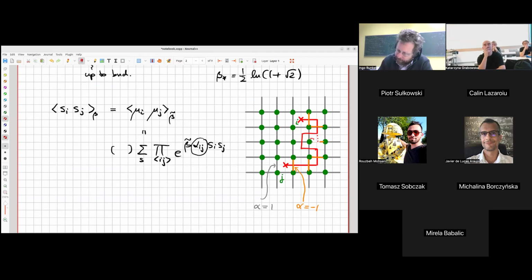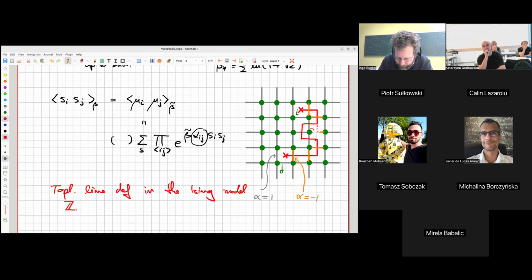And we will later see that this, so I should write this down. This is a topological line defect in the Ising model. And this topological line we will later in a bit understand is related to the Z2 spin flip symmetry of the model. So this will in a moment give us a Z2 symmetry. Right, and so again, this is an exact symmetry in the lattice model, which works on a finite lattice before doing any continuum limit, setting anything to critical temperature. It's just something which works exactly in the lattice model. Okay.